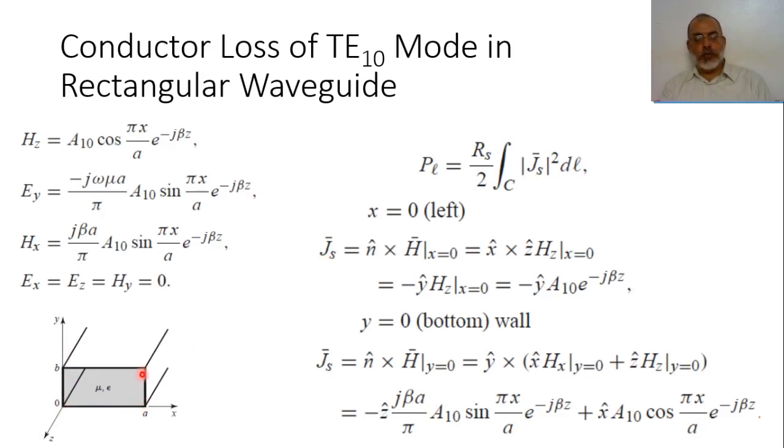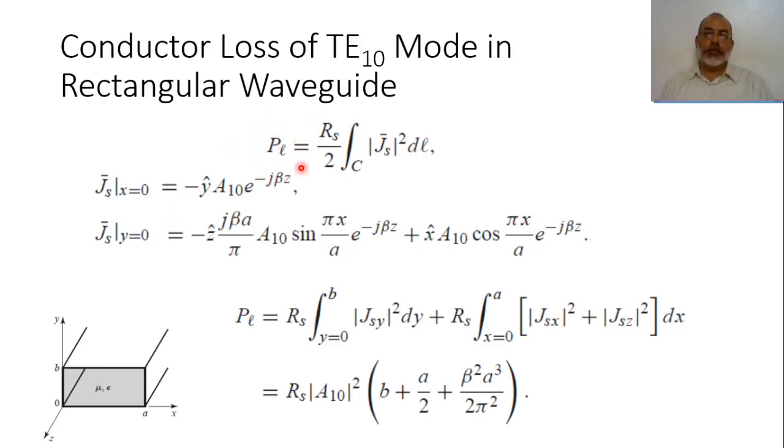In a similar way, we can obtain the surface current in this side wall and on the top wall. Now, the power loss is the surface resistance over 2 times the integration of the magnitude of J surface squared, dl. So the magnitude of J surface at x equals 0 is A10, and the magnitude of J surface squared at y equals 0 is beta a over pi squared multiplied by A10 squared multiplied by sine squared